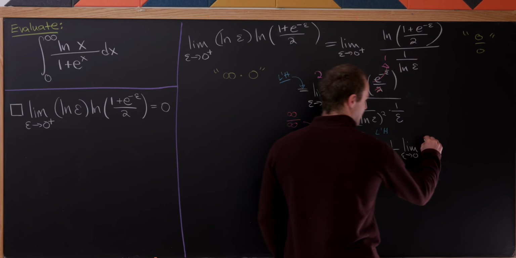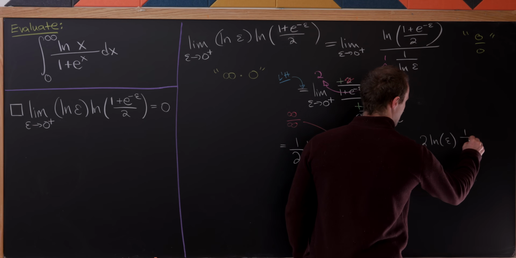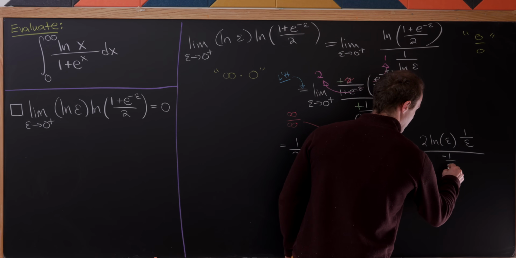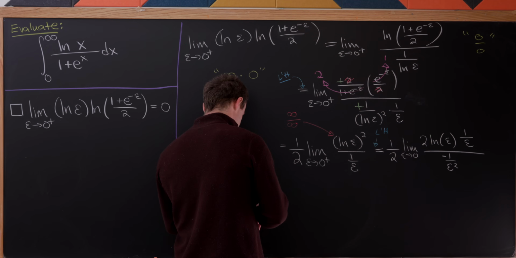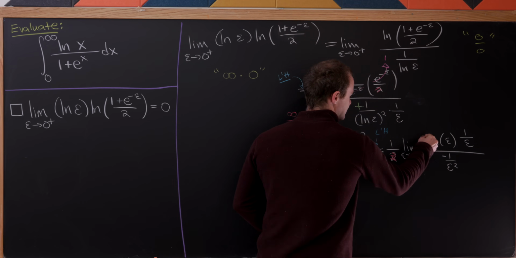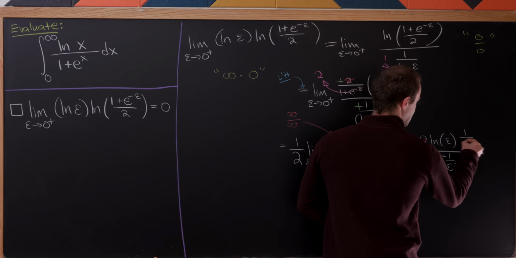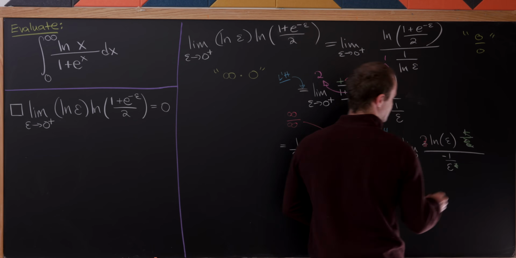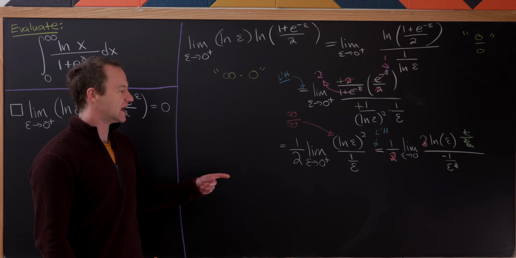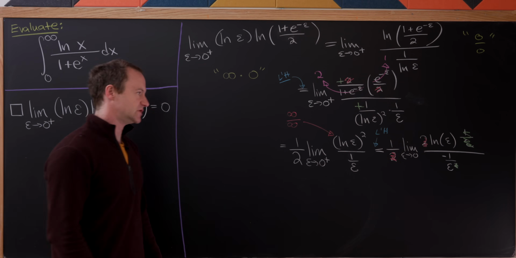So for the numerator, we'll have 2 times the natural log of epsilon times 1 over epsilon. And then for the denominator, we'll have negative 1 over epsilon squared. So let's see. This 2 here will cancel this 2 here. And then this epsilon here will cancel this epsilon squared down to just a single epsilon. And let's notice it is again an indeterminate form of type infinity over infinity, which means we should apply L'Hopital's